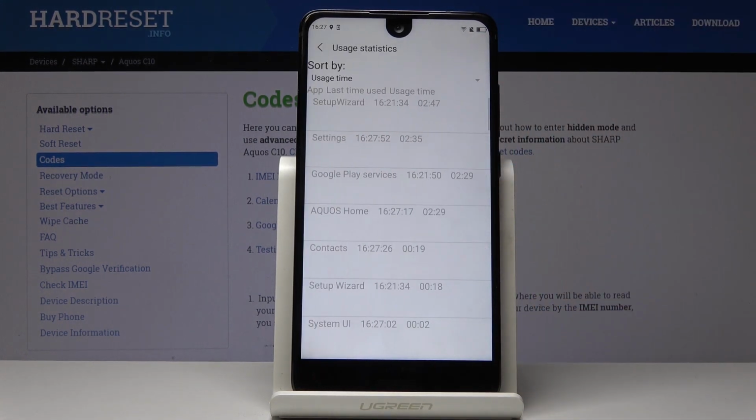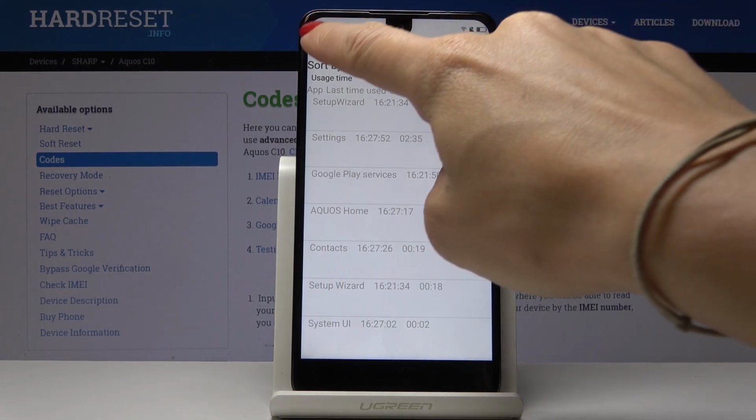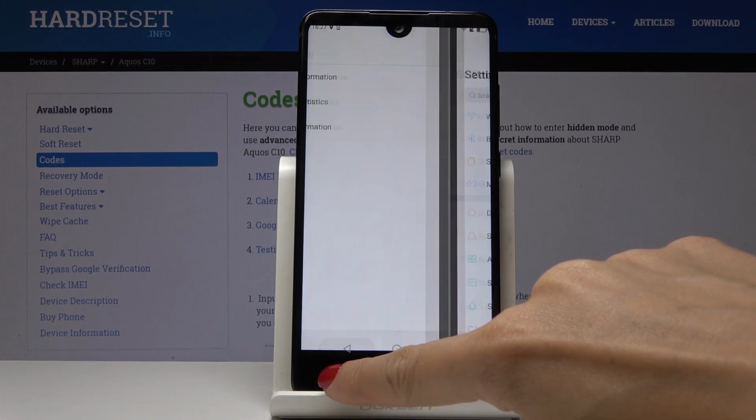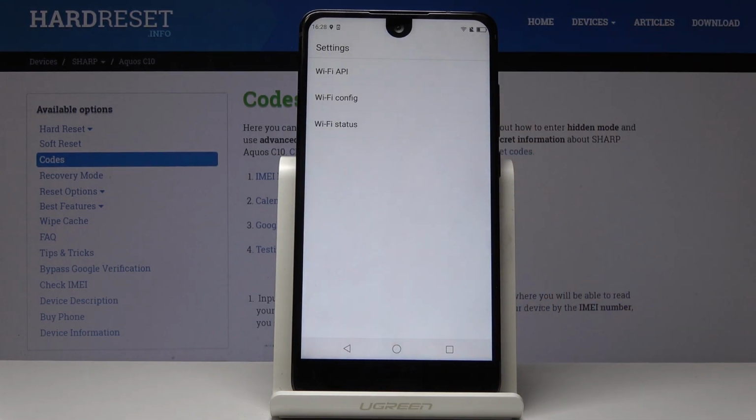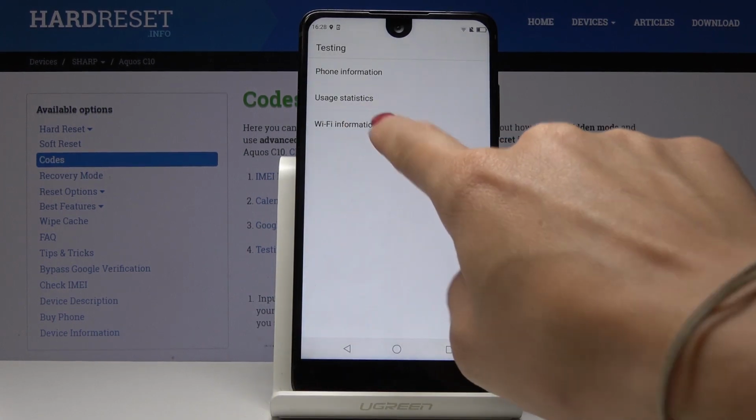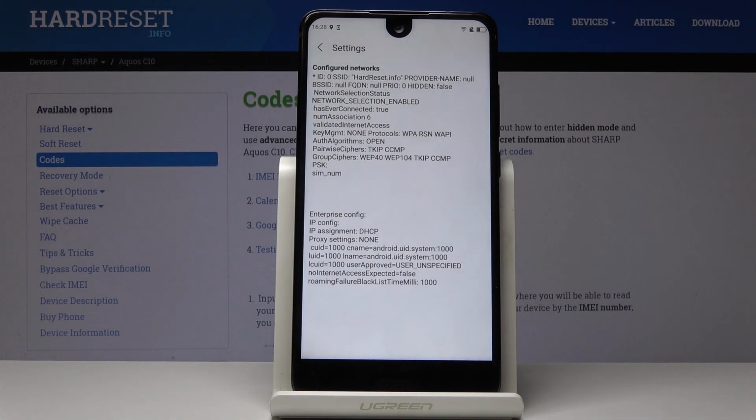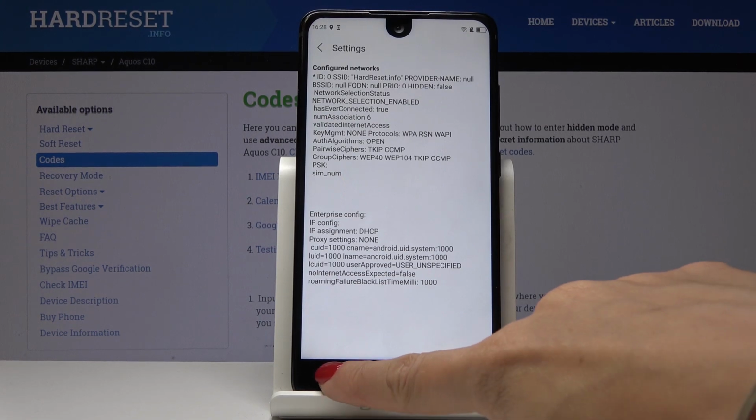Now you can go to usage statistics, where you can find all information about your applications, and then let's go to Wi-Fi info, where you can check Wi-Fi API, Wi-Fi configuration, and Wi-Fi status. In Wi-Fi API you will find disable network, disconnect network, enable network, configured networks, and also the whole connection info. Then in Wi-Fi configuration you can read all configured networks, and then